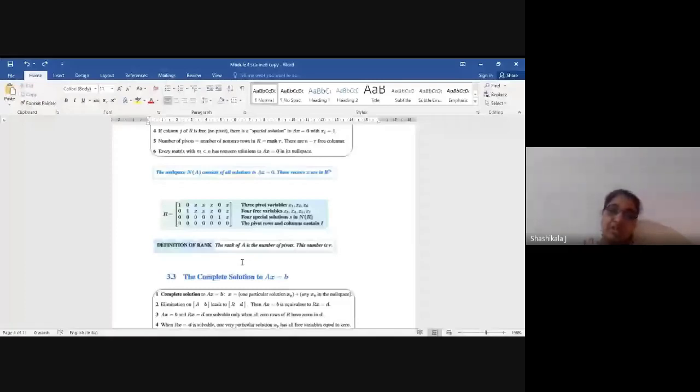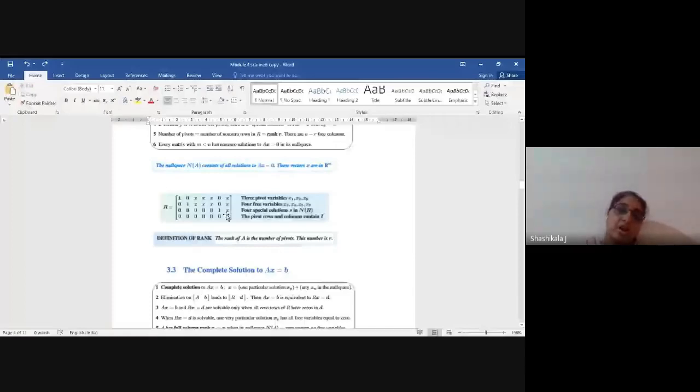The number of pivot variables is also equal to the dimension of the column space. What is the dimension of the column space here? That is again 3. And also one more thing you remember: total columns is equal to 3 pivot variables plus 4 free variables. So total columns equals pivot variables plus free variables, so that you remember. That also we are going to use.